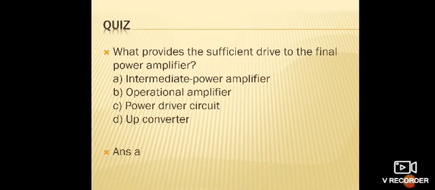Why? Because you can see in the previous sessions that whenever we have the power amplifier, the last stage before the transmitting antenna is the power amplifier, and before that we use the intermediate frequency power amplifiers. That means the input is intermediate frequency. So we increase the power levels, and that is given to the transmitting antenna. So that is the correct answer, intermediate power amplifier. Okay,